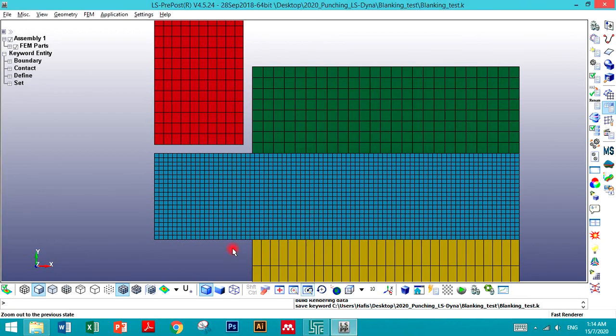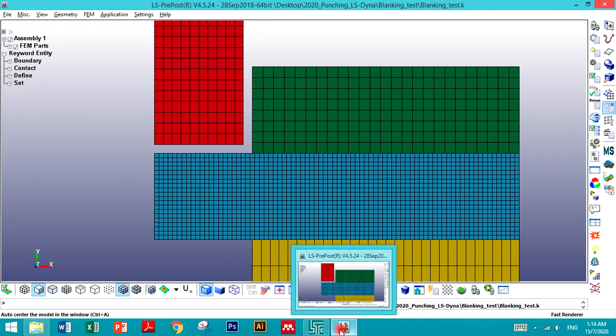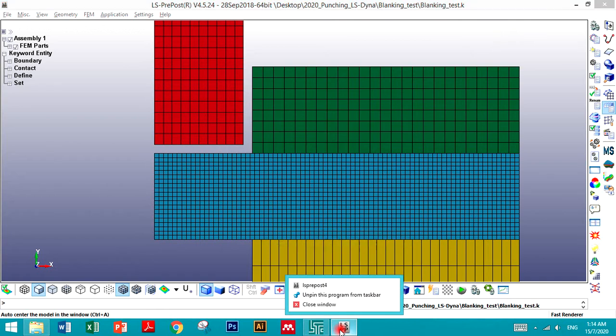Okay, now I want to teach you how to refine mesh. Why do we need to refine mesh? We need to know the reason why. So let's open this LS-DYNA